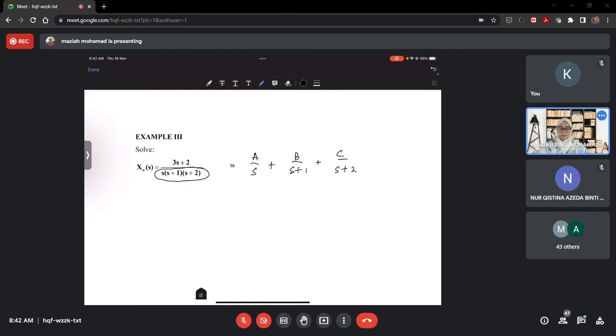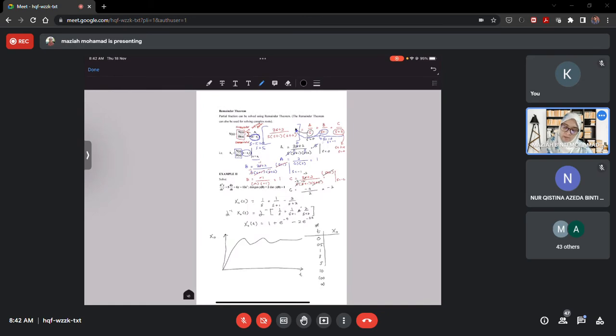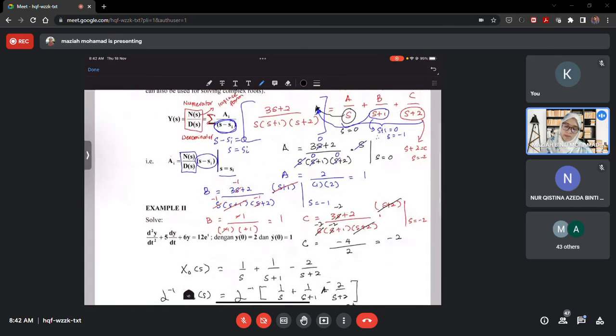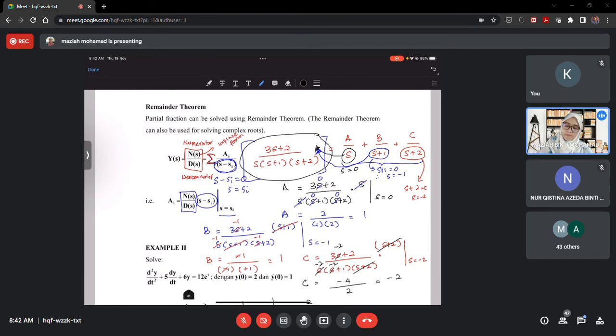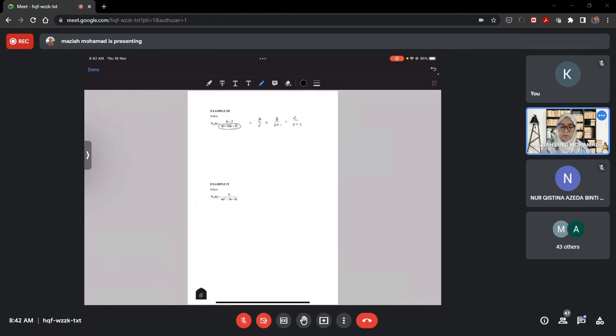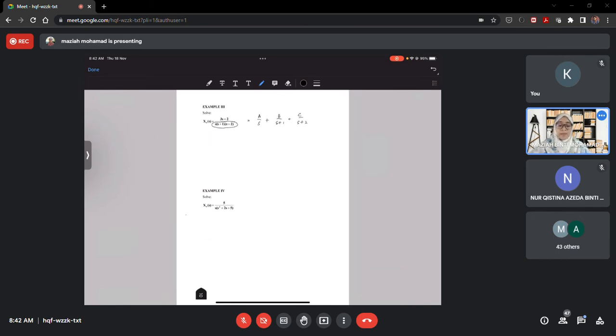So basically this 3s plus 2 is similar to the example here. So we're not going to do this. But sometimes,